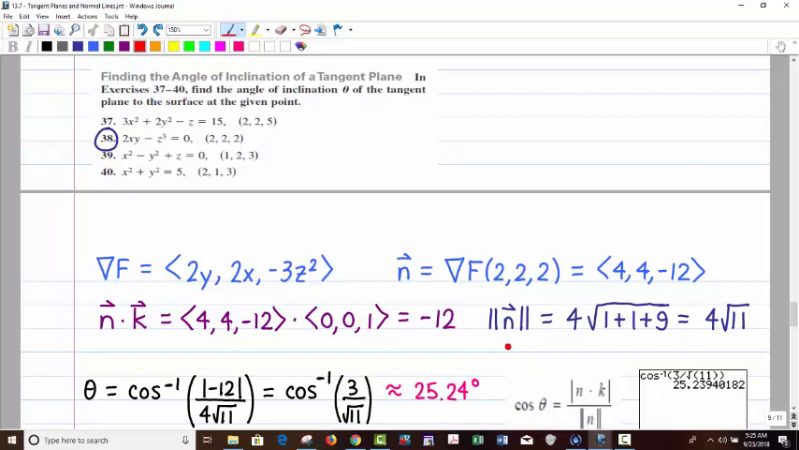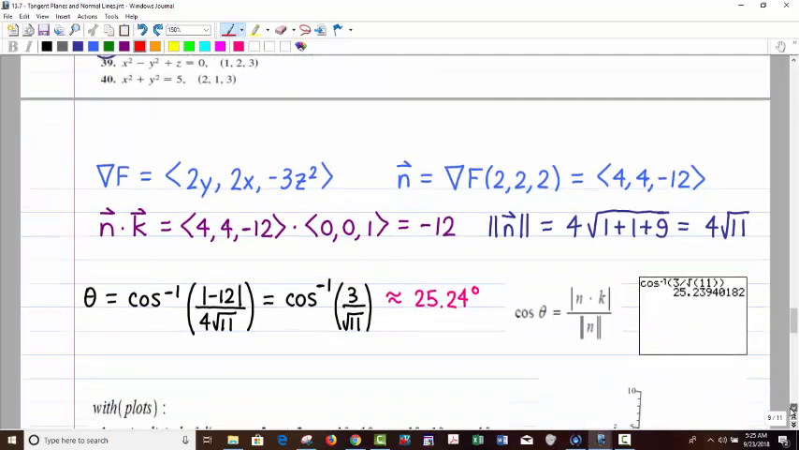Then all I need is the magnitude of n. I pulled out a common 4 right here, so it left 1, 1, negative 3. So when you square it, you get 1, 1, 9. So it's 4 square root of 11, which I didn't have to simplify. But anyway,